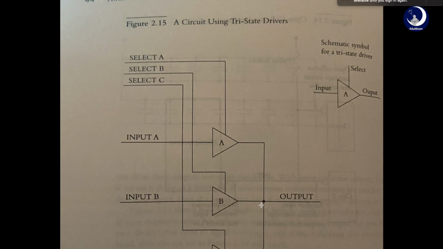And the usual convention on a schematic is that two crossing lines on a schematic are not connected without a dot. For example, the input A signal is not attached to select B. You can see it right. Select B is not attached to input A or select C, nor is input B connected to select C. All these 3 are independent. This is one kind of convention which you can follow.